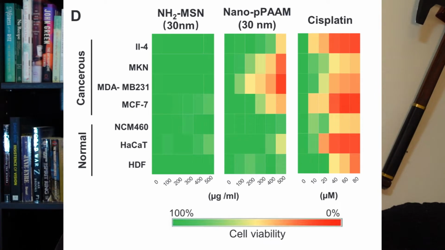Cisplatin, a chemotherapy drug, is their positive control because it kills pretty indiscriminately. Positive controls tell you if you're doing your method right, because if you are, then those positive controls will do the thing you're testing for a lot every time. Yikes, that is some red going on in those non-cancer cells.